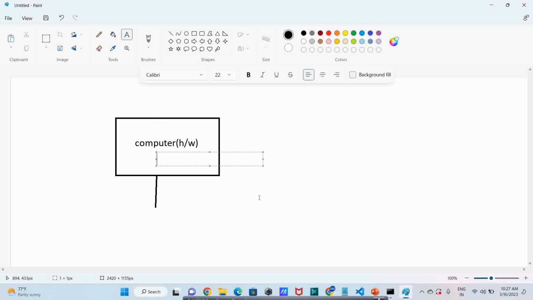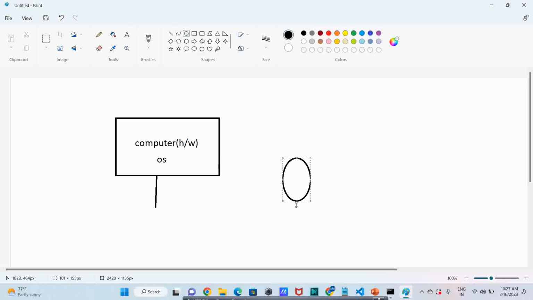So the operating system is nothing but a communication layer. You are the user, and you cannot communicate without the operating system. Through the operating system, you will be interacting with the hardware, applications, or programs, whatever it is.